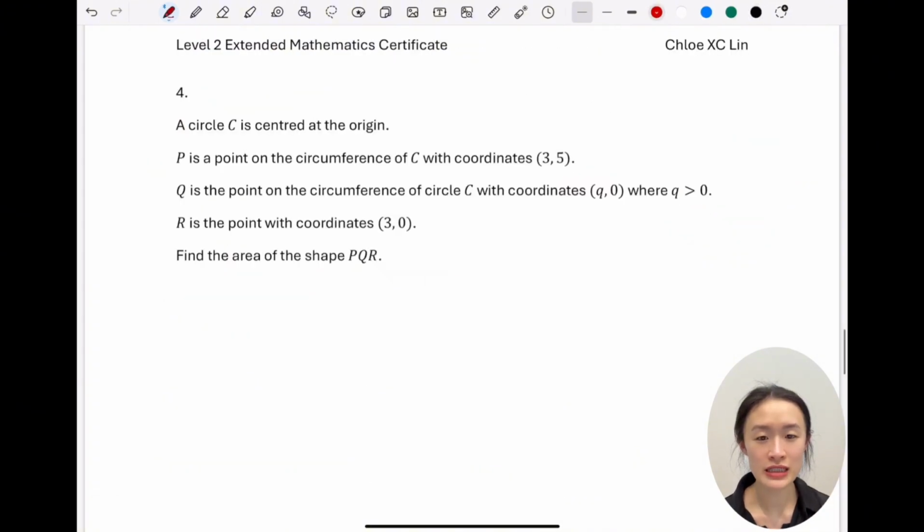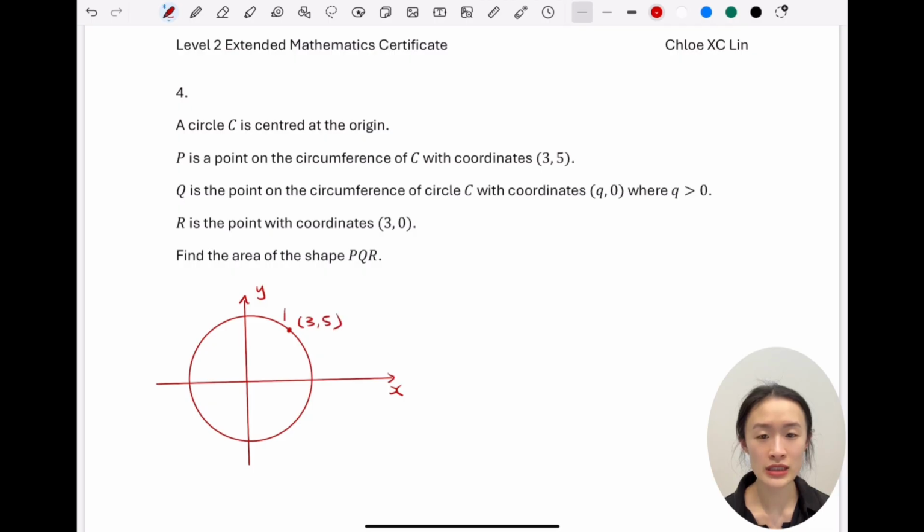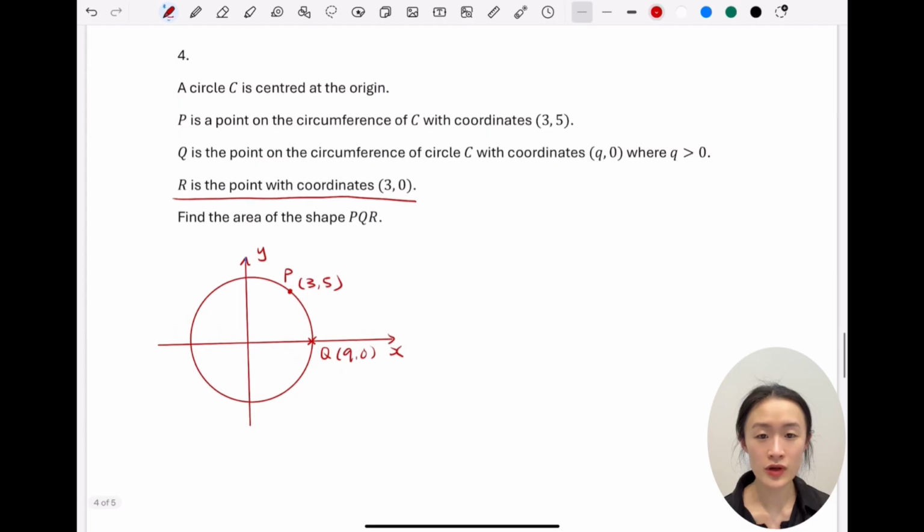Let's get ourselves a sketch. We know that this circle is centered at the origin. We are also told that the point (3, 5) is on circle C. Q is also a point on the circle with coordinates (Q, 0). So this point Q is also on the x-axis, and OQ is also the radius of the circle. We are also told that R is (3, 0), and what we need to work out is the area of